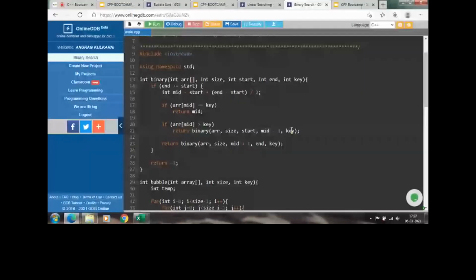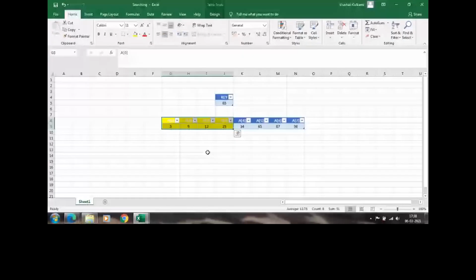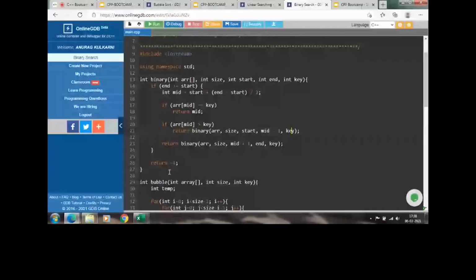Again this function is called, and this time the end should again be greater than or equal to start. The sublist we are going to search has the start at position 0 and the end at position 3. Then again we compare and return if the middle element is found or not. In this example, the middle element was less than the key.